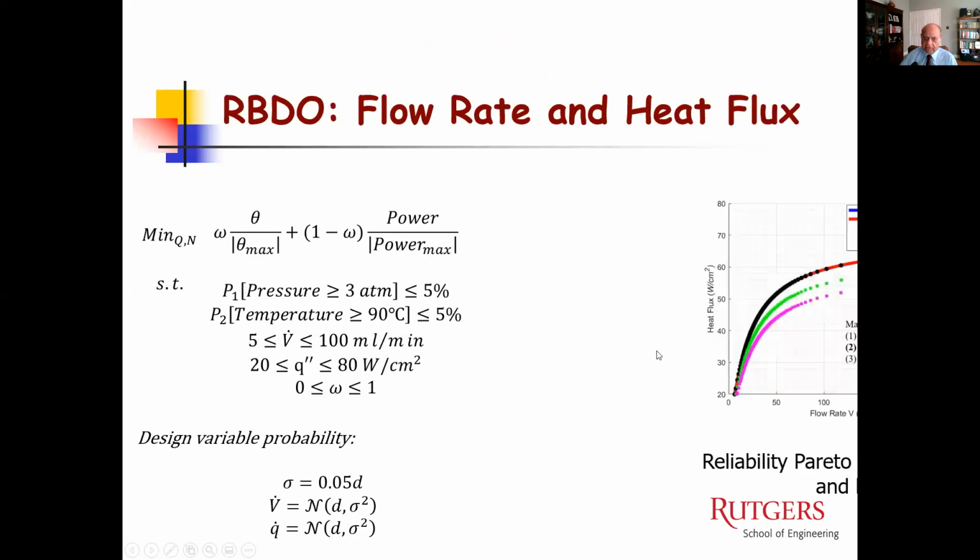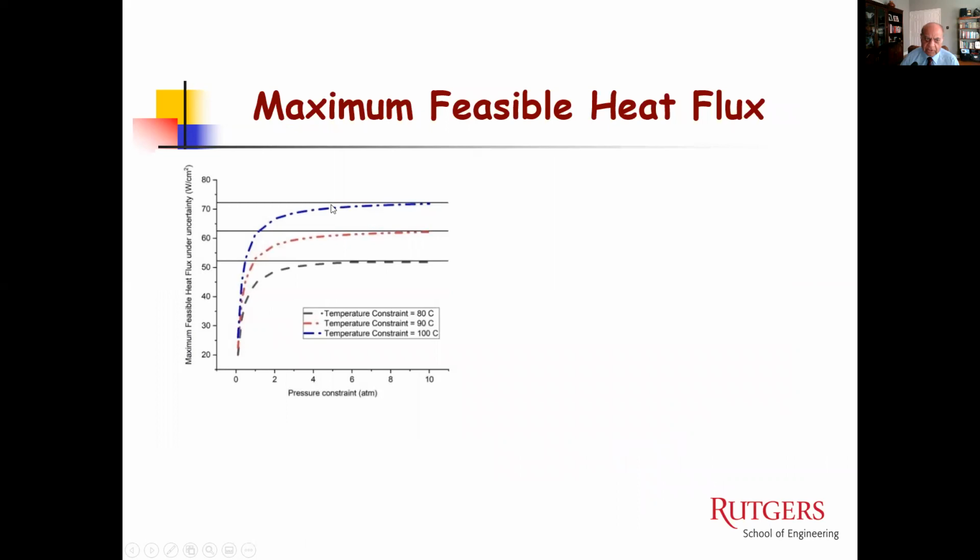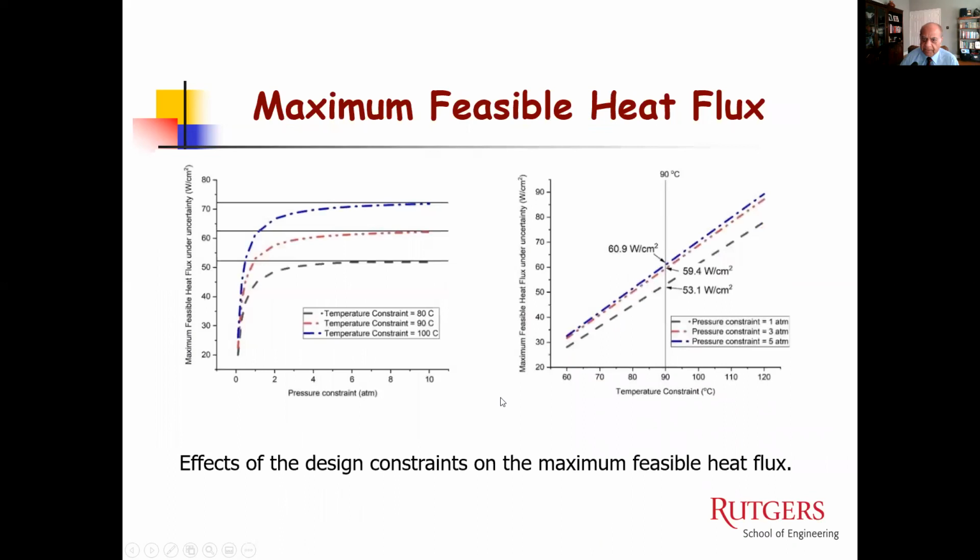This is flow rate and heat flux, a very similar case. Again, this was deterministic, but with uncertainty, the heat flux that you can remove changes and becomes less and less. The more uncertain the situation is, the lower the heat flux you can remove. And that's an important point: uncertainty is always there. You cannot make it zero. Because of uncertainty, you're not going to get the value that you would have got by deterministic analysis. That's what is being shown: the maximum heat flux here, temperature constant, is all deterministic, as you can see. But when you have reliability cases in there, then of course it will change.